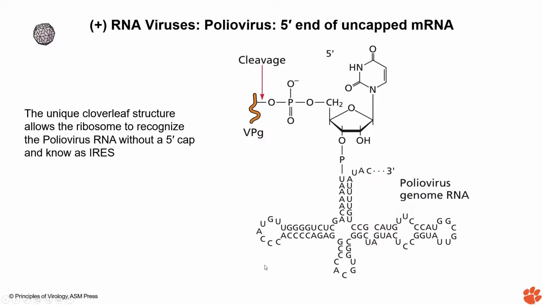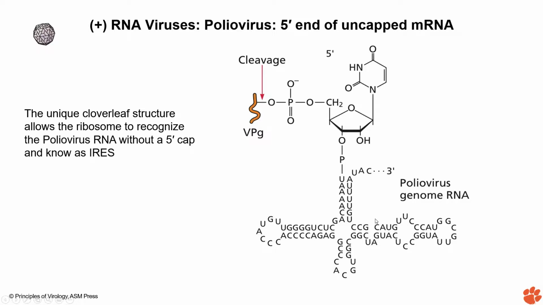All right. So after that, what we are looking at, right here is the VPG, and you can see that this is a phosphate, and then this is the 5' end of the genome RNA. But you can easily see that the VPG is covalently attached by a phosphodiester bond with a 5' end. But what happens is that this covalent bond is cleaved by a cellular protease. Remember that this is cellular, not viral. So this is removed after the plus RNA goes into the cell.